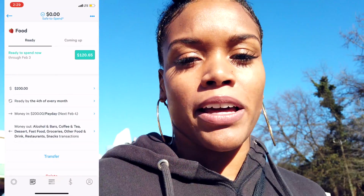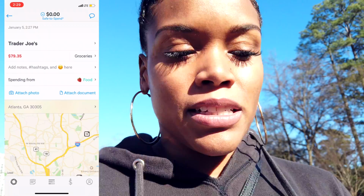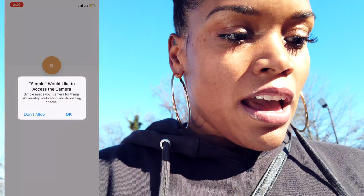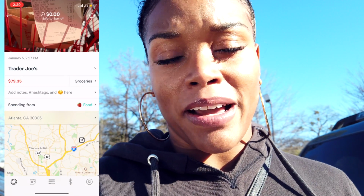I just left Trader Joe's and my total is $79.35. I picked up like a few items that was not on my list. So like I picked up the spiced tea, chai tea, because I really love that and I drink that a lot. I also picked up some almond butter because I forgot that off my list. But now I only have $120 left, and I don't know where I'm going, but I got most of the